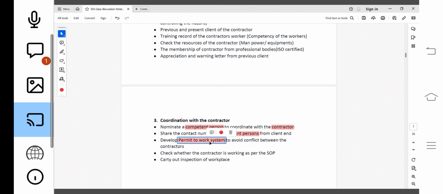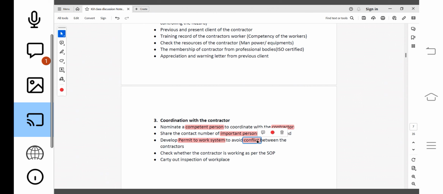Now, the permit to work system is one of the systems through which contractors can be managed. Suppose at the workplace there is more than one contractor, like 2, 3, 4, 5 contractors working. If everyone starts working anywhere, here and there, their work will be conflicting with each other, right? There will be a conflict between the contractors' work.